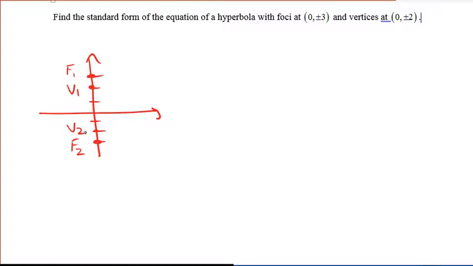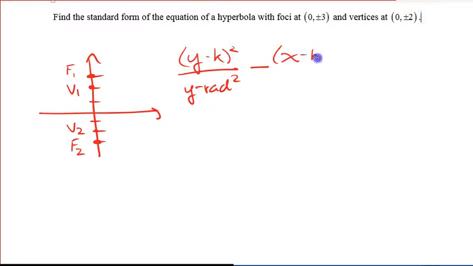So at this point, this has already given us some good information, right? We can tell that this is a vertical hyperbola, so it's going to have an equation of the form (y minus k) squared over the y radius squared minus (x minus h) squared over the x radius squared is all equal to 1. Furthermore, it's pretty easy to see that the center of this thing is going to be halfway